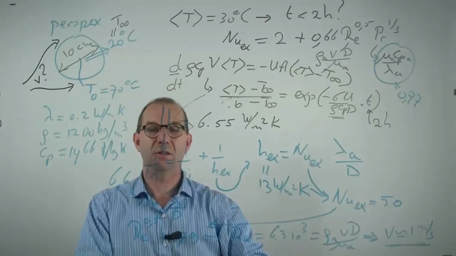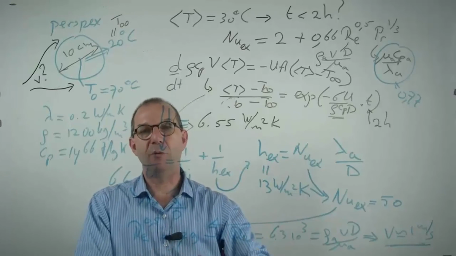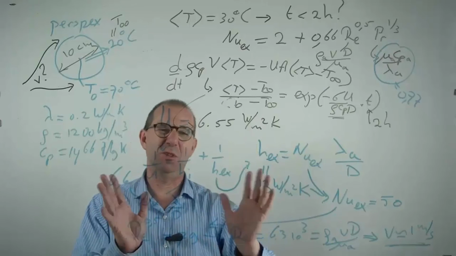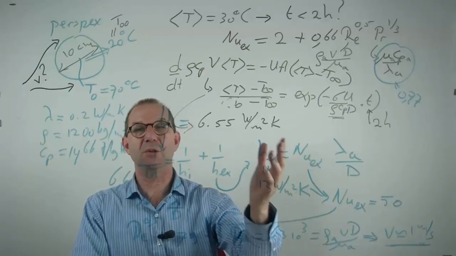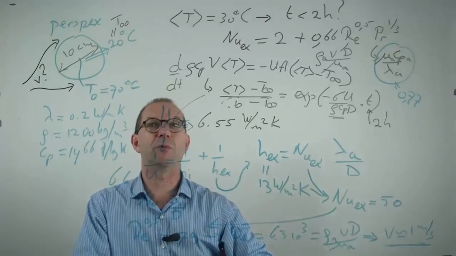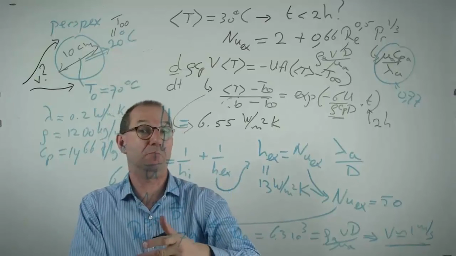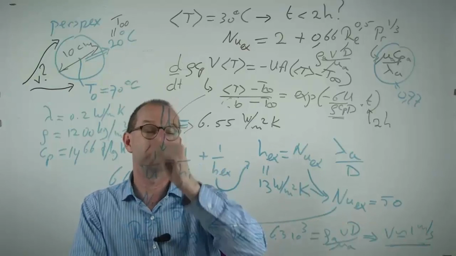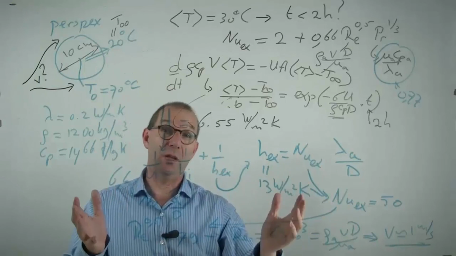Try this one yourself. Just repeat what we discussed and see that after all, this is quite doable. If you don't follow it, don't get frustrated. This is the advanced level. This just shows you that you can design something like this, that you can back out with these types of calculations how hard you have to blow. Is that 10 meters a second, a meter a second, 10 centimeters a second? We know it's a meter a second. And you can do that and cool the system down within 2 hours rather than 21 hours.